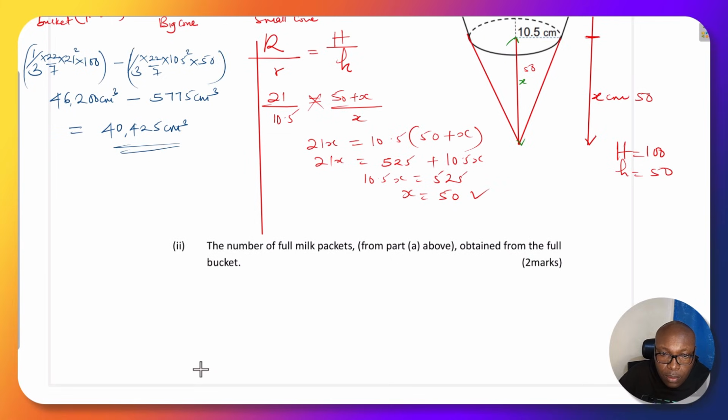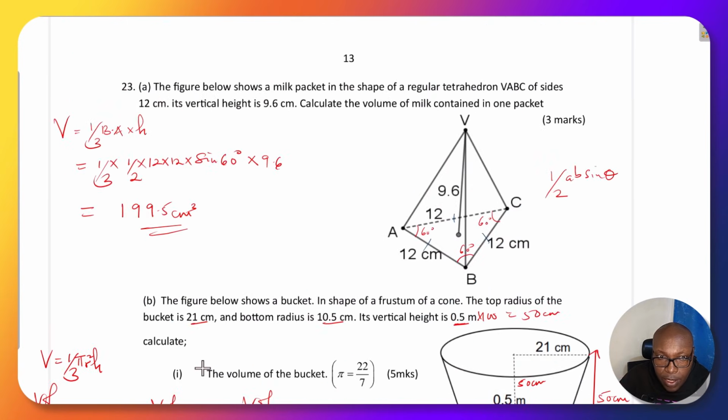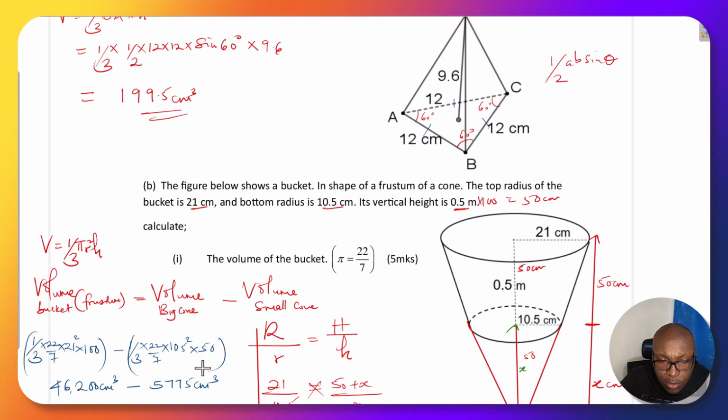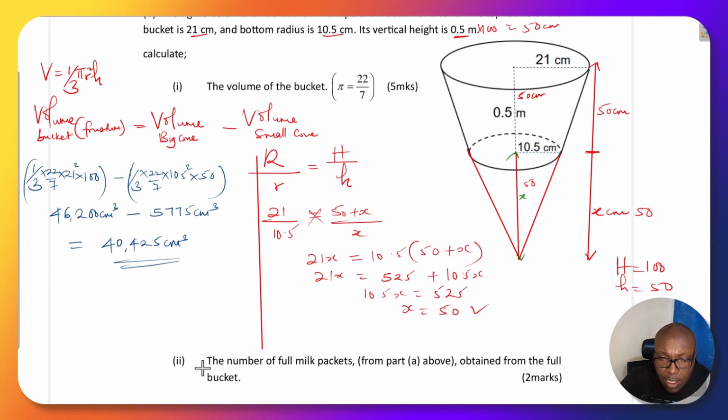The number of full milk packets from part A above obtained from the full bucket. So from the volume that we've just obtained here, 40,425 centimeters cubed, how many packets can come from that? The volume of one packet we had in part A was 199.5 centimeters cubed. And the bucket has a volume of